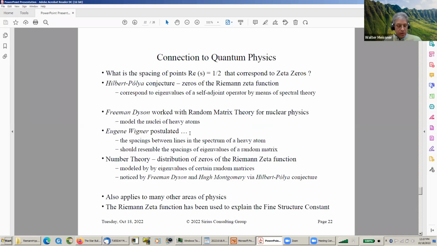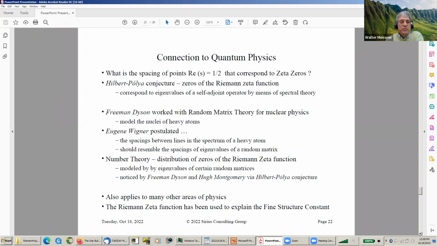Let's talk about the connection to quantum physics. At first you may wonder how it is connected, but one thing that wasn't talked about is the spacing of the points where the real part of S is equal to 1/2. Are they regularly spaced? Do they bunch up? How does that work? Well, there is the Hilbert-Polya conjecture, and it says that the zeros of the Riemann zeta function correspond to the eigenvalues of a self-adjoint operator by means of spectral theory. I'm not going to go into that, but